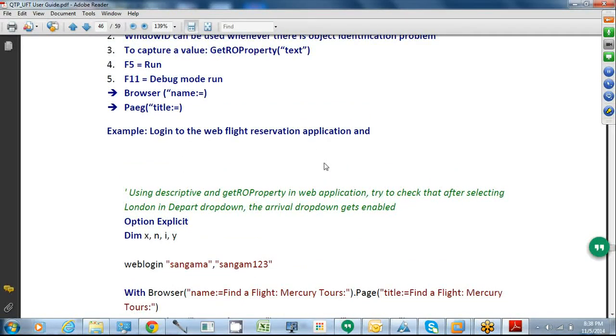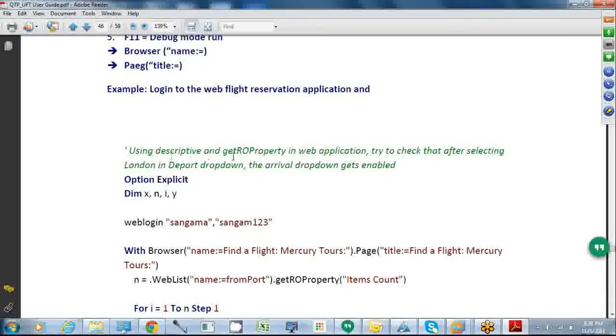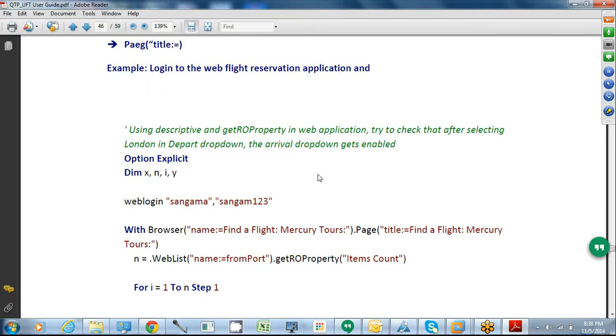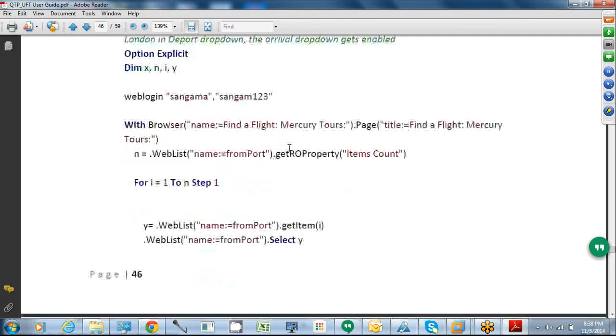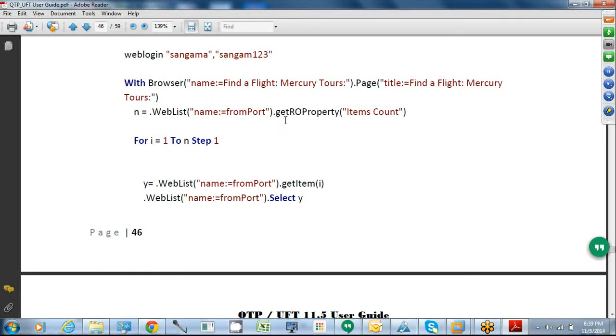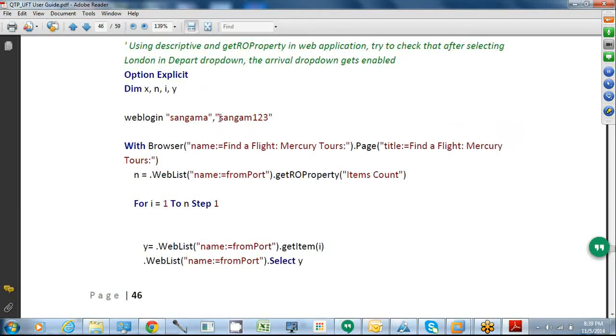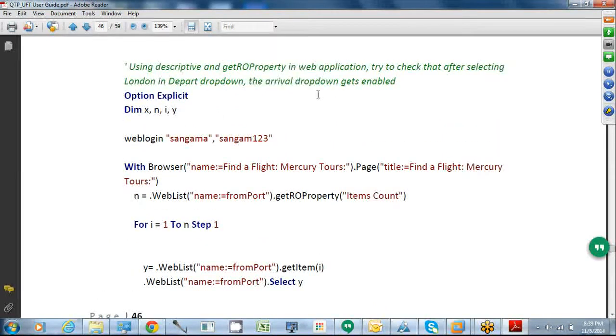Log into a web application and use descriptive and GetROProperty, which we have already seen, so I don't have to explain again. I logged into a web application here, and I want to capture values of a drop down with departure and arrival.